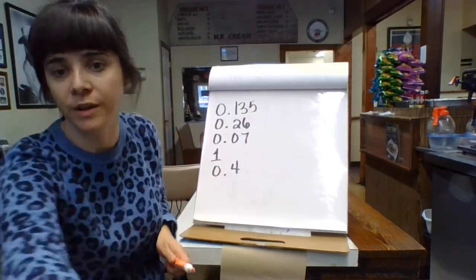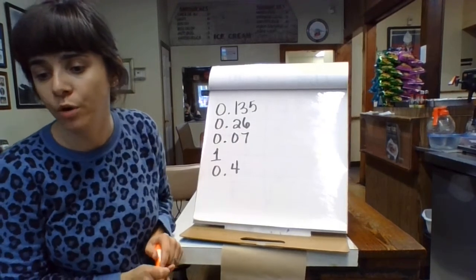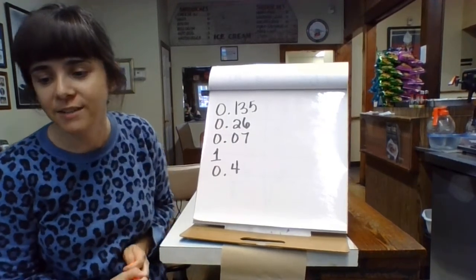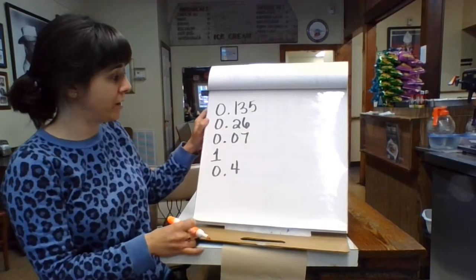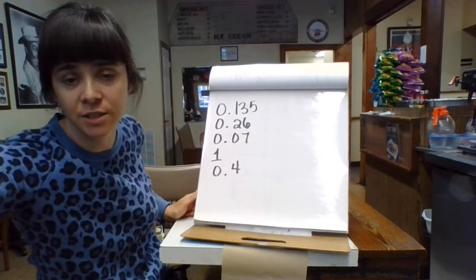All right, Thursday number 1 says put the following numbers in order from least to greatest. And so I have these numbers. Now remember, when I'm ordering numbers, I want to line up all the digits and I want to line up